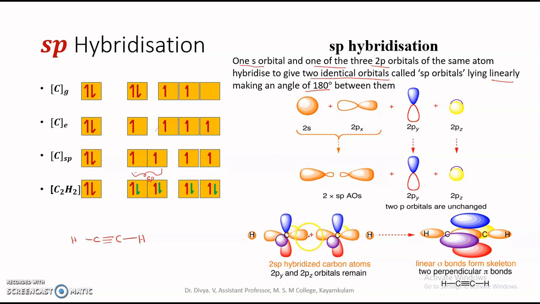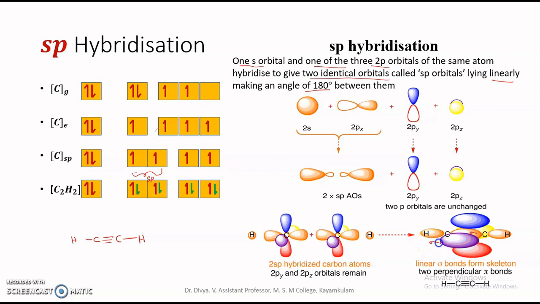One of the sp hybrid orbitals of this carbon atom overlaps with the sp hybrid orbital of this carbon atom and forms a sigma bond, and the remaining sp hybrid orbital on each carbon atom combines with the 1s atomic orbital of hydrogen, forming